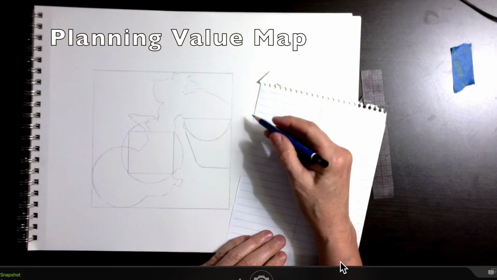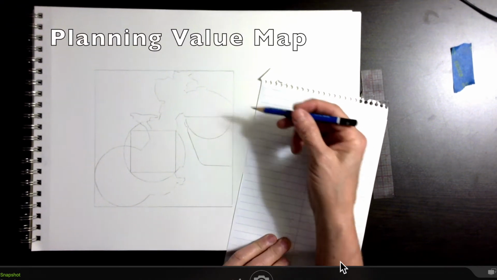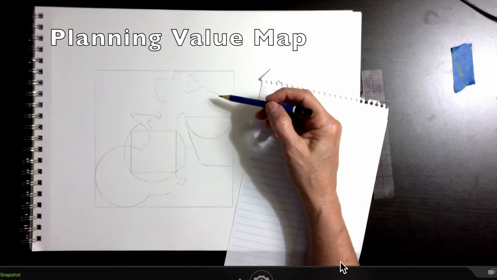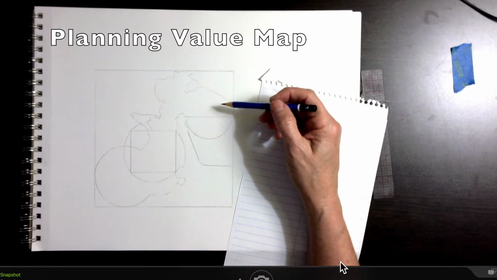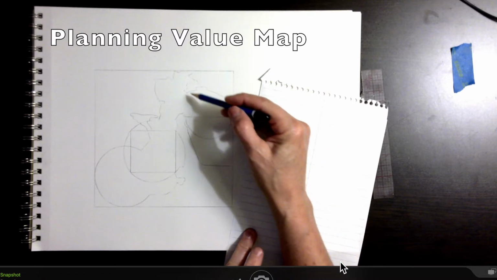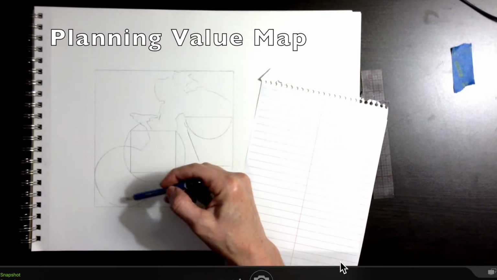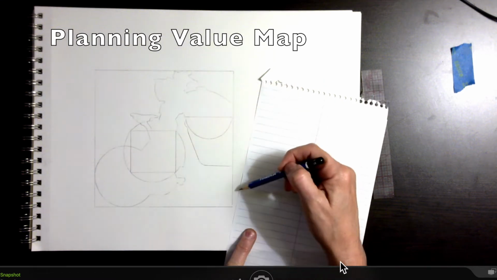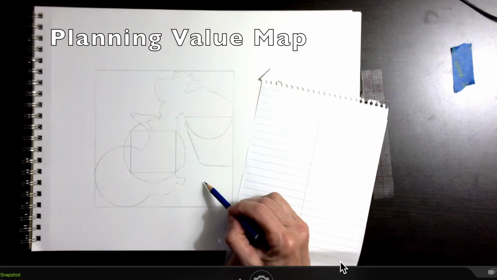I'm ready to dive in and do some shading. And I have some planning to do before I dive into the shading because there's a lot of choices to make. So if I'm thinking of these shapes inscribed within this larger shape, right, I can think of these spaces